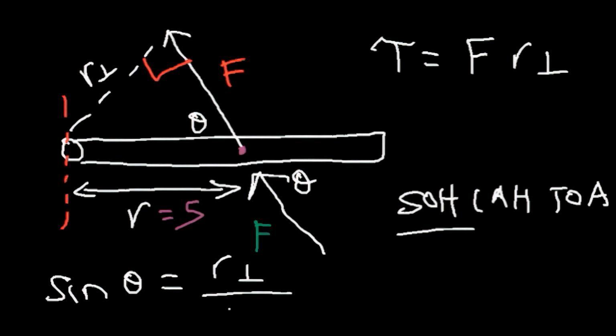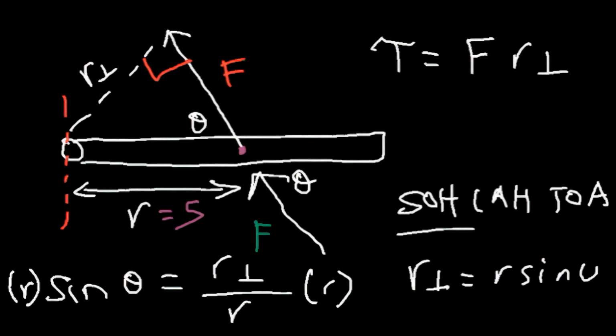So sine theta is the moment arm divided by r. So if we multiply both sides by r, we can see that the perpendicular component, or the moment arm, is just r sine theta. So the torque is equal to force times r times sine theta. That's one way you can